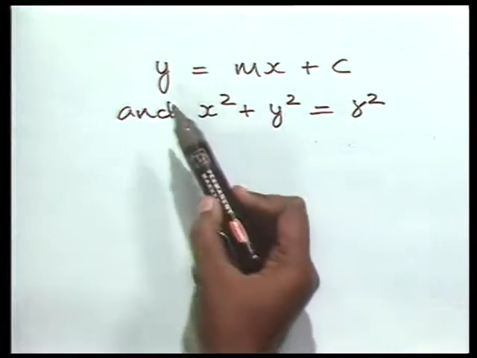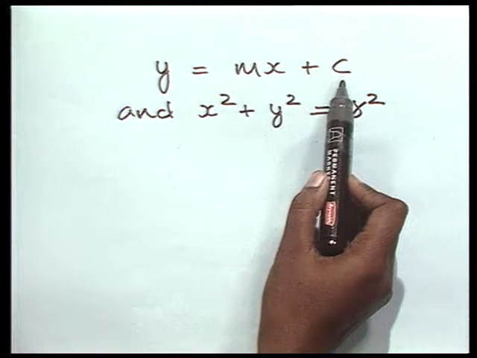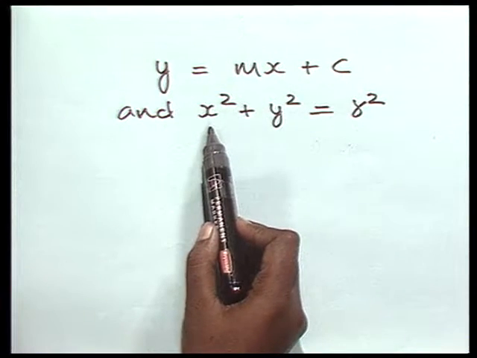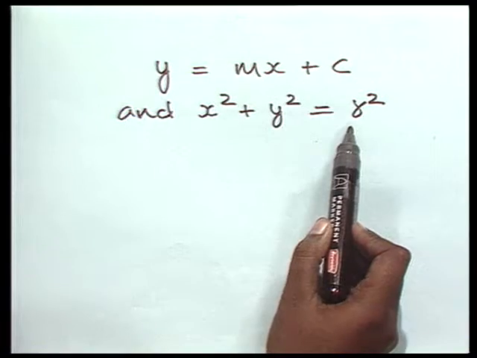To discuss this, let us take a general case. Let the equation of the line be y equals mx plus c, and the equation of the circle be x square plus y square equals r square. Now, solving these two equations simultaneously, we have